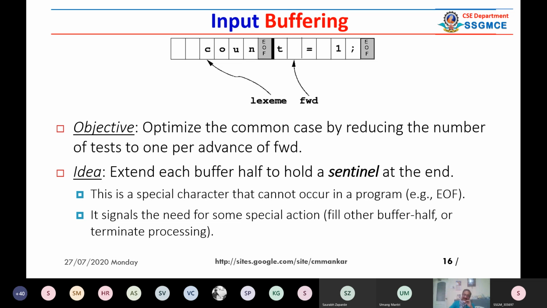The regular expression will tell that COUN is not a token, COUNT is a token. That is how the scanner works. We shall see later how regular expressions are used to identify a lexeme and then a token. You can call COUN the first pattern and T the second pattern, but when you attach these two patterns, it becomes a complete lexeme.